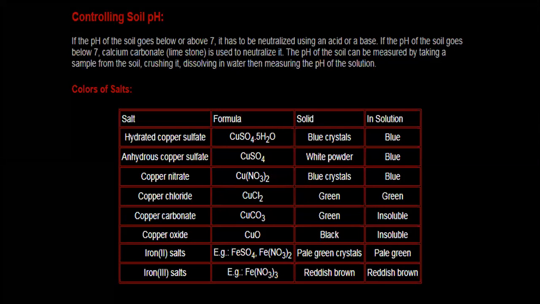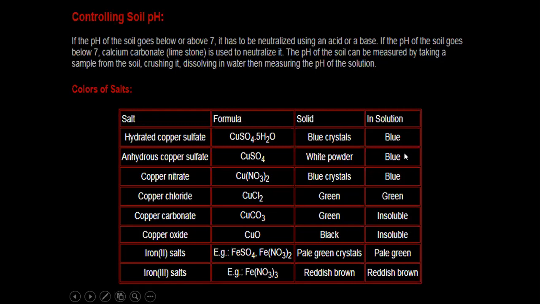The most important thing, beta, please write it down in your notebook: you have an unknown sample, because you don't know what kind of salt is found there, but you can deduce the idea with the help of its color. You need to memorize that. Like the hydrated copper sulfate solution, it will produce blue crystals. What is the color of the anhydrous copper sulfate? In the solid structure, it is a white powder, but in solution it will also produce blue.